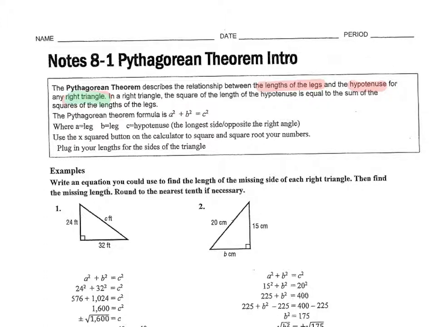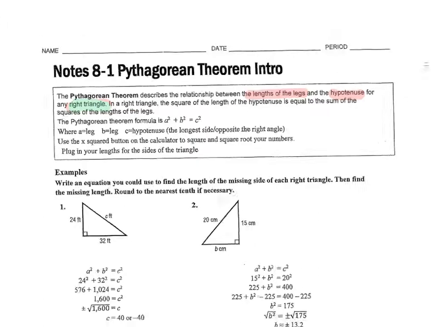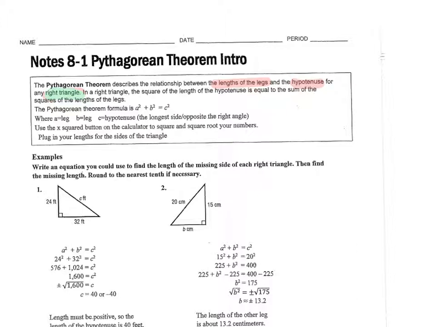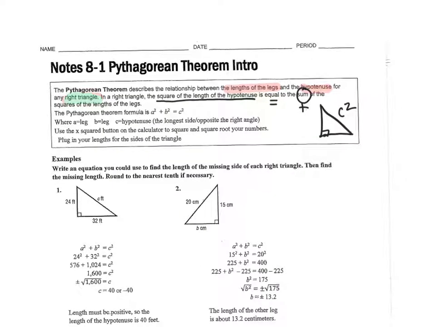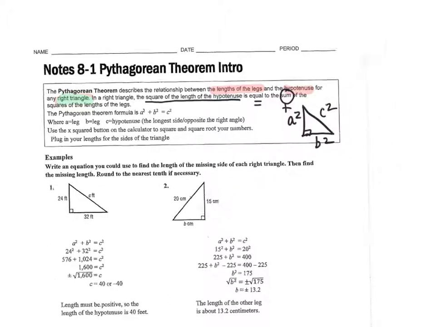In a right triangle, the square of the length of the hypotenuse, so just so you guys can understand, if we have a right triangle, whatever this length is squared, is equal to the sum of the squares of the lengths of the legs, which are these. Okay, so